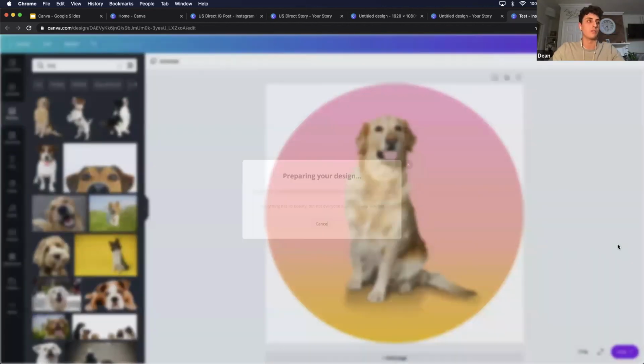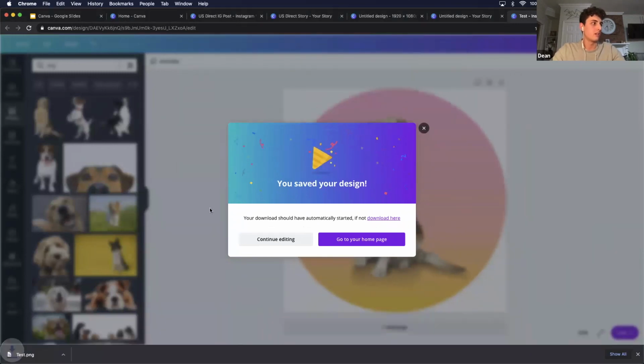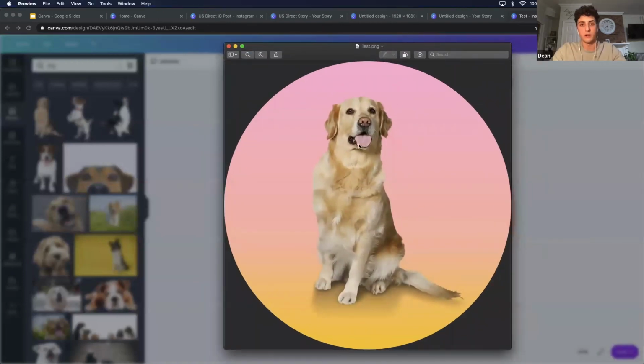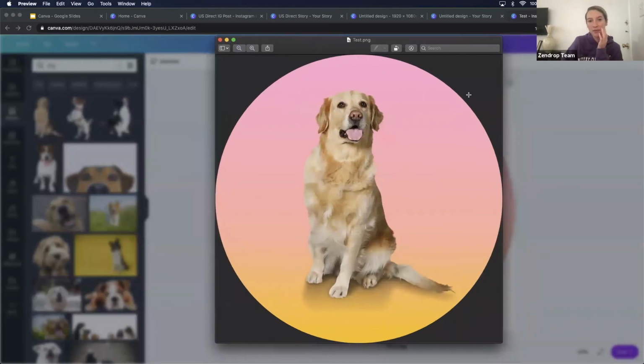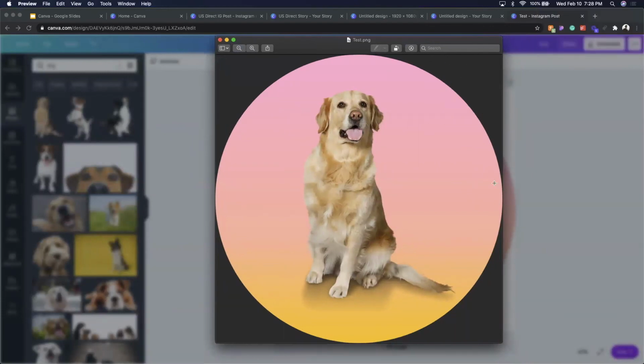So now if I download that and let that load, save it, and open that up and drag it to my monitor, you can see this here, right? The background is now transparent. So this gray, if you put this on your website, whatever color your background is going to be that. Excellent. That's exactly what I want. Thank you. Of course.